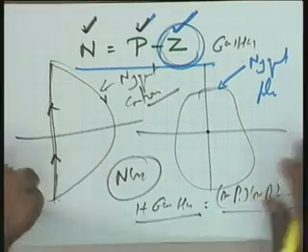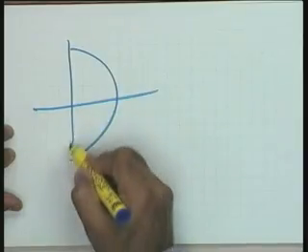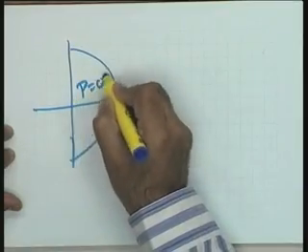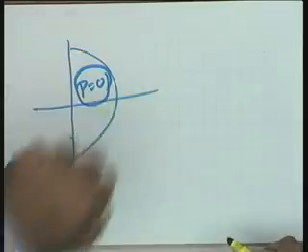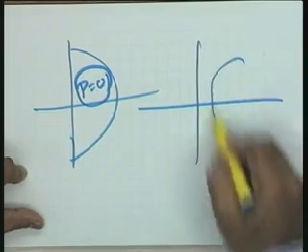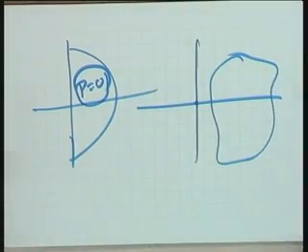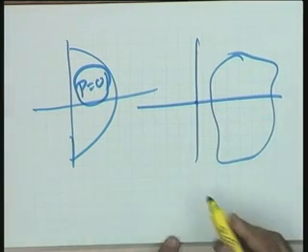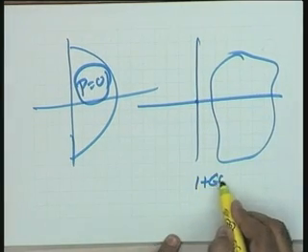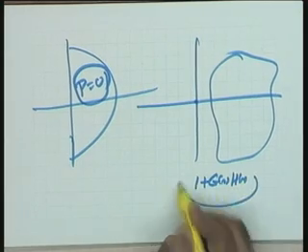That is, for example, this could be the possibility. If this is the contour, P is equal to 0, there is no open loop pole in this particular region, your plot may be of this type. It cannot encircle the origin. Your plot may be of this type. What is this plot? This plot is a plot of 1 plus GsHs function.